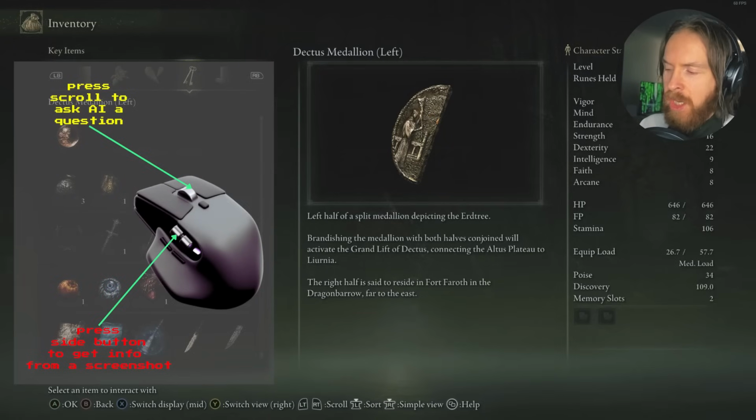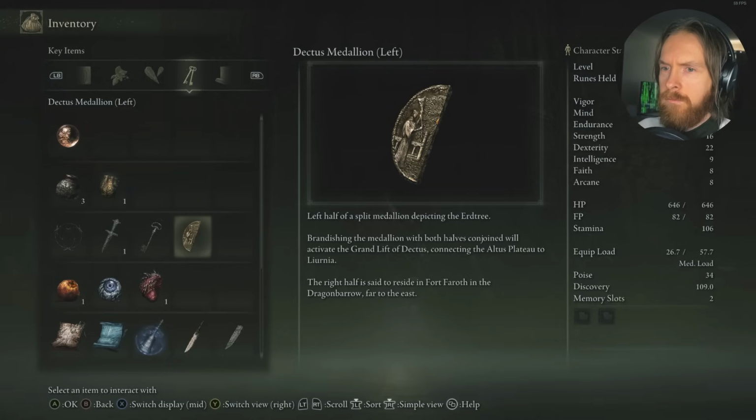So I'm just gonna click the side button of my mouse here to get some extra information about this item. The Dectus Medallion is a key item you find in Elden Ring, divided into two halves. The left half, which you see in the image, is found early in the game in Limgrave and shows the